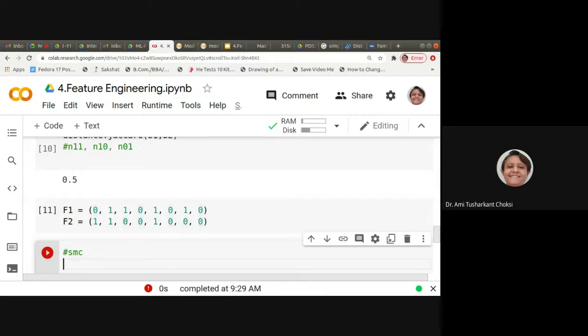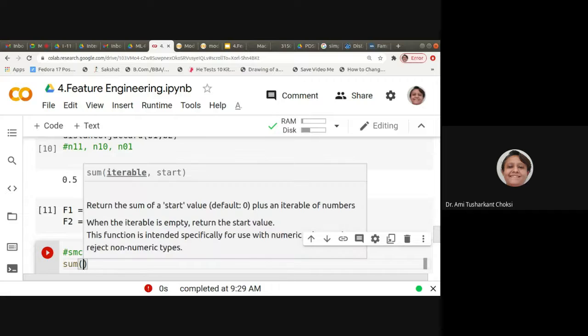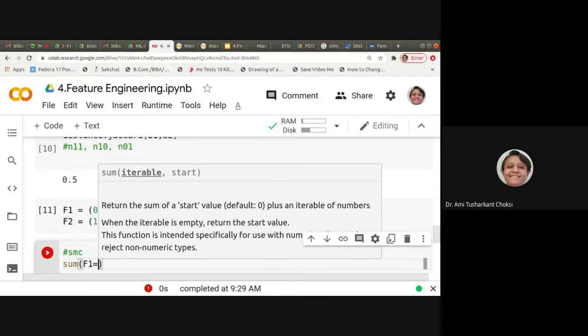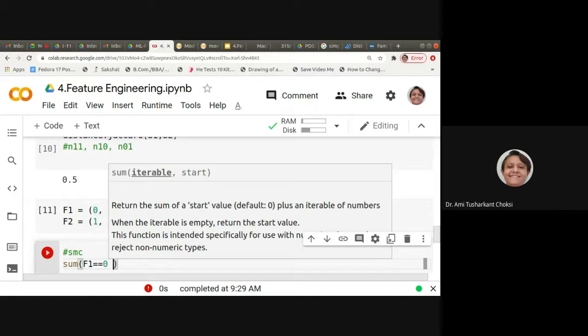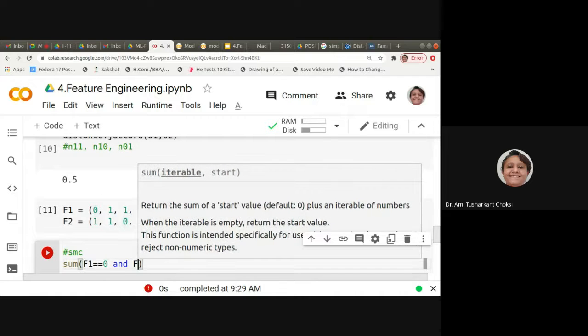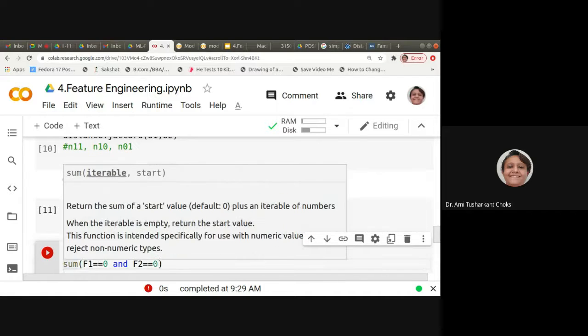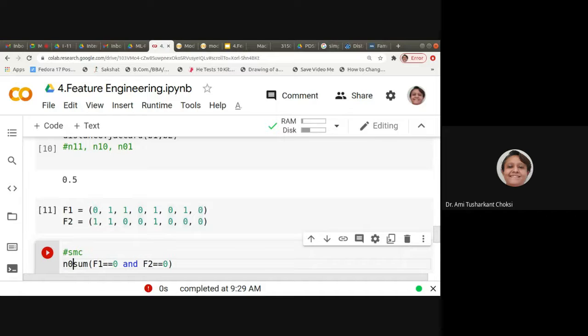We know that what we should do is sum where F1 is equal to 0 and F2 is equal to 0. This will give us N00, isn't it? So can we write it like this? Obviously we cannot. So we should write the proper sentence: for i, j in F1, F2, because we want to have the pairwise, right?